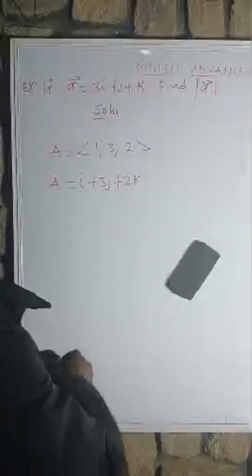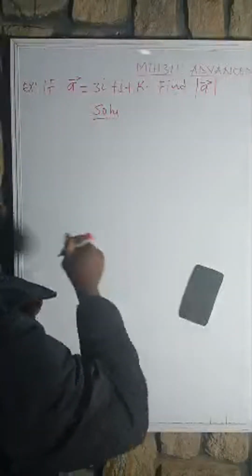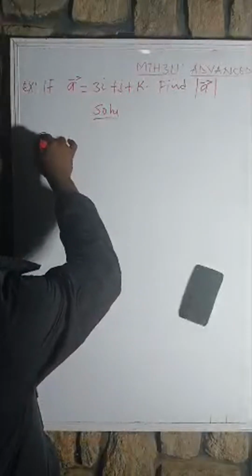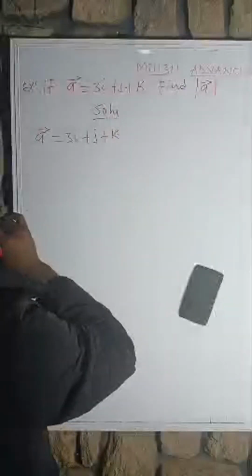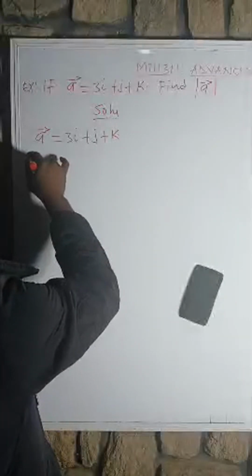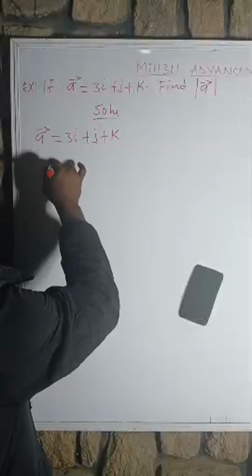Find the magnitude of A. If now I want to find the magnitude of A, this implies that our vector A is equal to 3i plus j plus k, right? So the magnitude of vector A will now be equal to